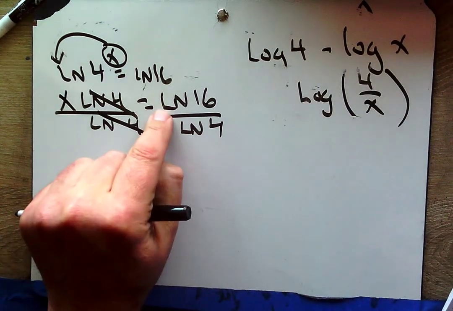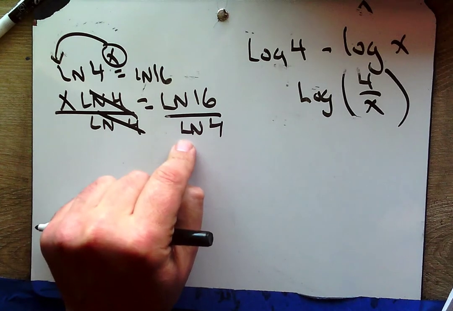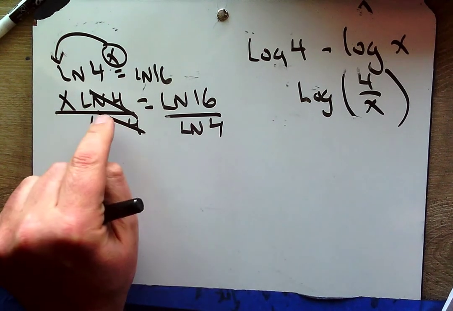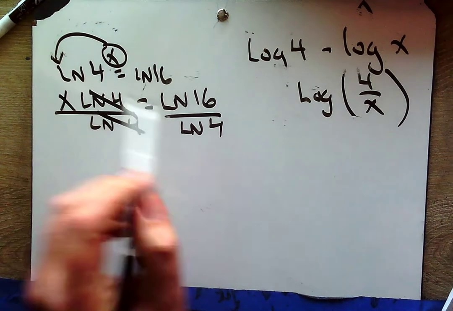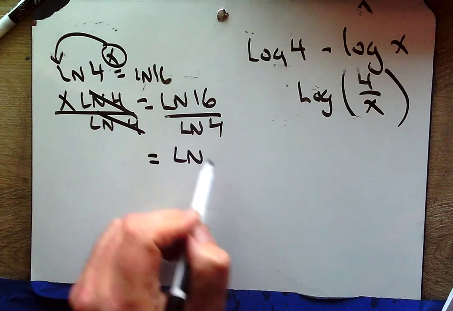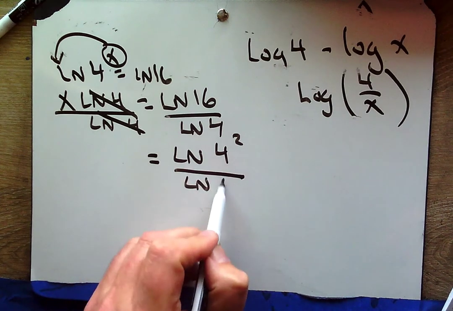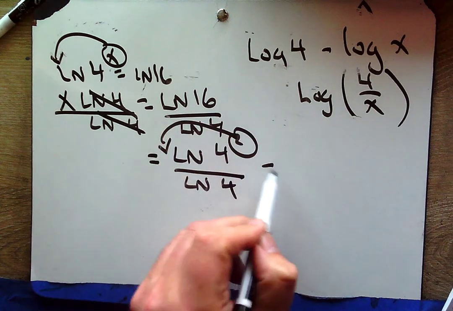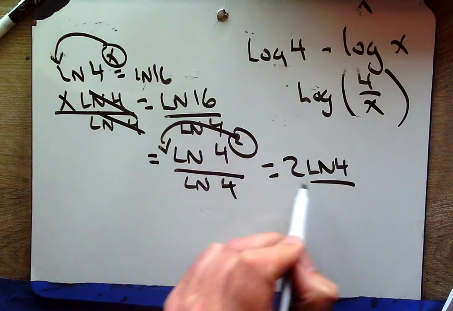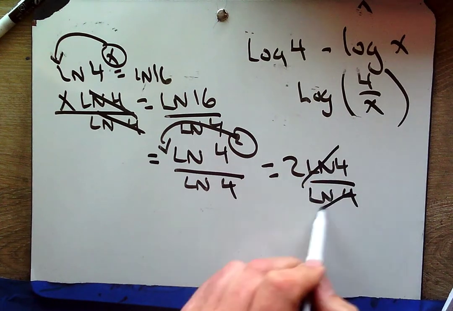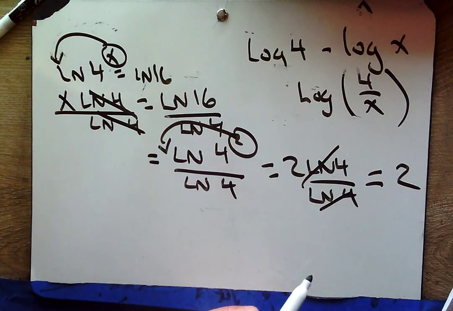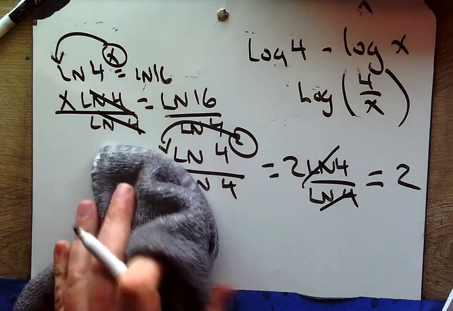This is me taking 1 log and dividing it by another log, because I'm following PEMDAS to get x by itself. Now I could say here that 16 is 4 to the 2nd, and bring this down to ln of 4 over ln of 4, leaves me again with 2. Okay? So there are ways to do this wrong, but there are a bunch of ways to do this problem